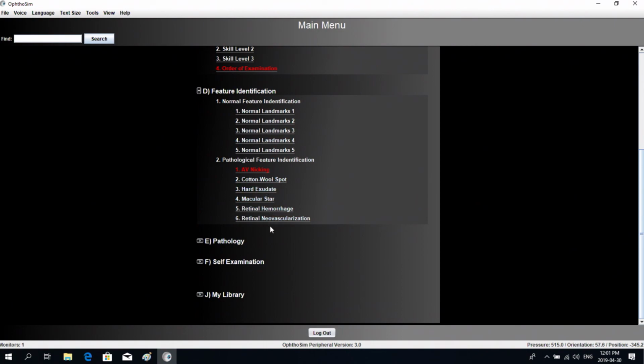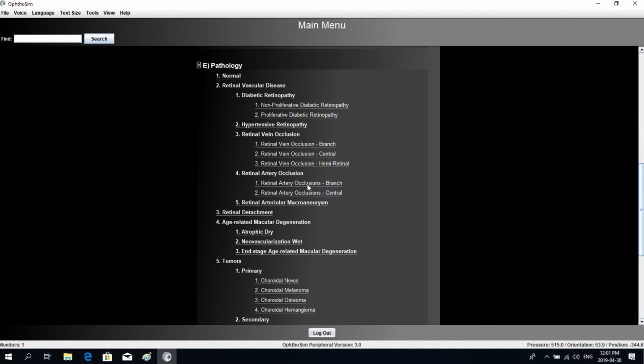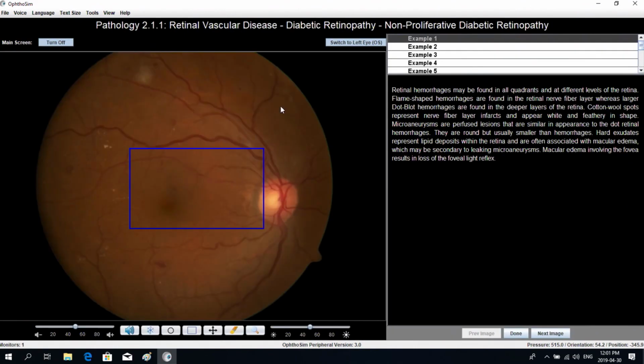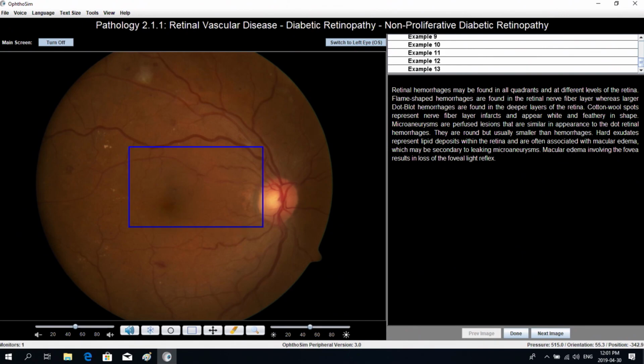So once I've done all that and learned that section well, then I'm ready for the main meat part of the program, which is the pathology section. So if I expand the pathology section, you can see that we go through the majority of conditions that affect the retina, from normal, again reinforcing the normal exam, and then into the pathological conditions. And we're not going to go through these one at a time, but as an example, we can choose diabetic retinopathy, non-proliferative diabetic retinopathy. And opening this menu now gives me several examples, in this case 13 examples